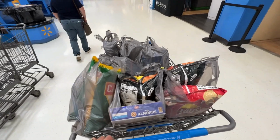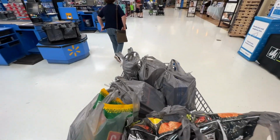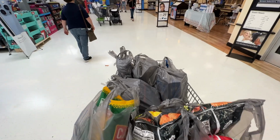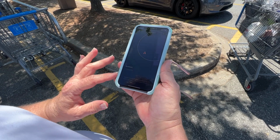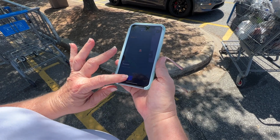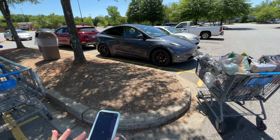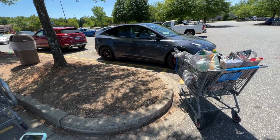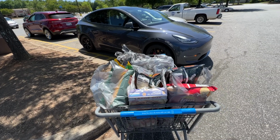Yeah, can you believe it? A whole new basket here. Chuck full of stuff. It's okay, the Model Y will gobble it up. Just leaving Walmart here now. Let's hold it. That it? That's a good thing about summon. Just move the car up when you get to it. Should be good. Thank you. All right. Let's put some in the trunk, and then some in by the dogs, and then...